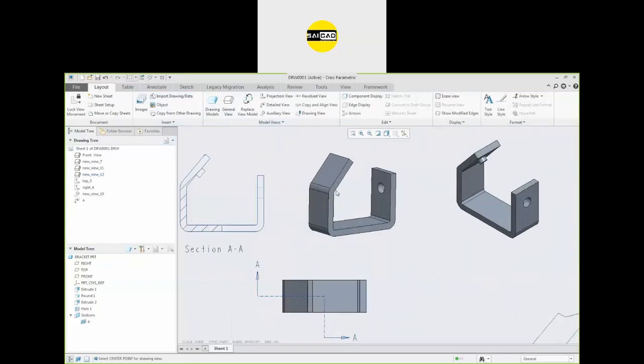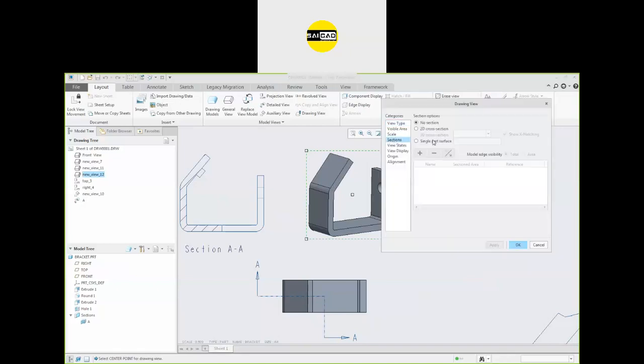If you want to see the section, you can also do that by just inserting the section here. Okay, this is the 2D cross section. Right now we don't have the 3D cross section in this view.